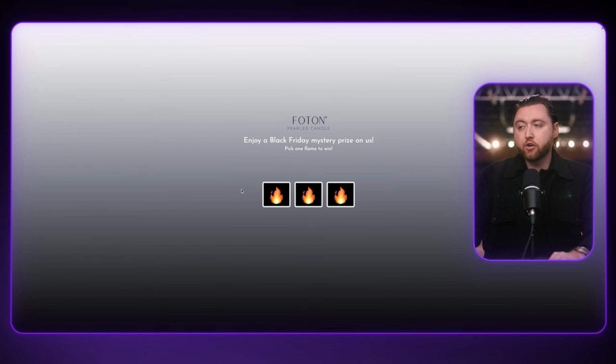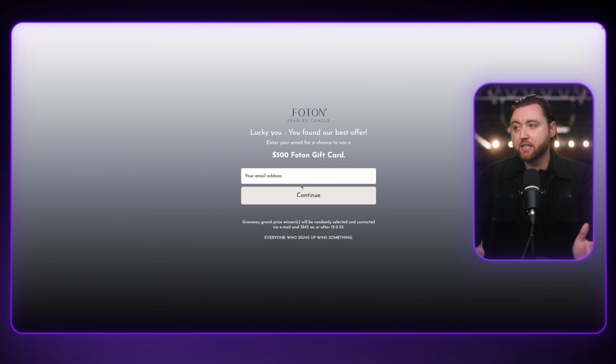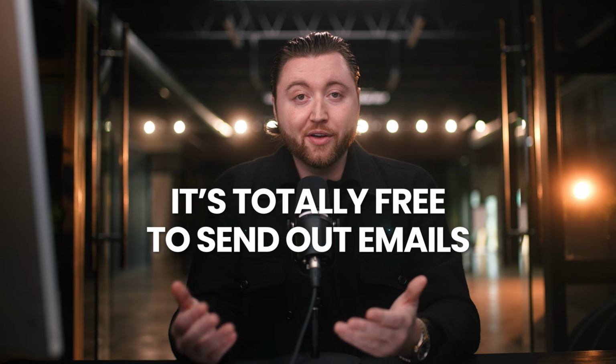If you're selling supplements, you could pick between one of our supplements, and it's a mystery discount. You unlock it and enter your email address, and the average email opt-in ratio is roughly 15% with this tool. Imagine if you're only capturing roughly 3 to 5% and you were able to triple that volume. What does that mean for you? Well, it's totally free to send out emails. So if you have a much bigger list and you have a much higher capture ratio, you're going to be